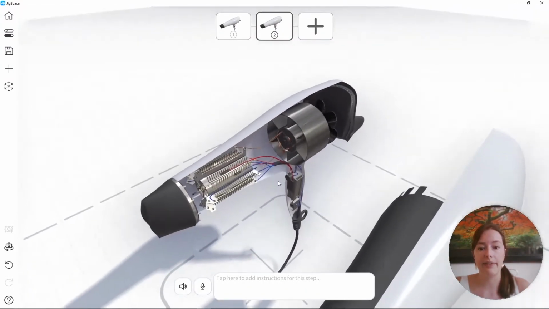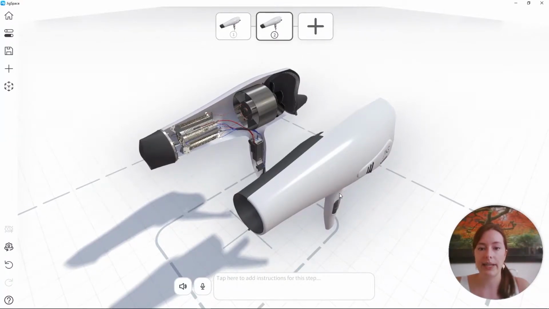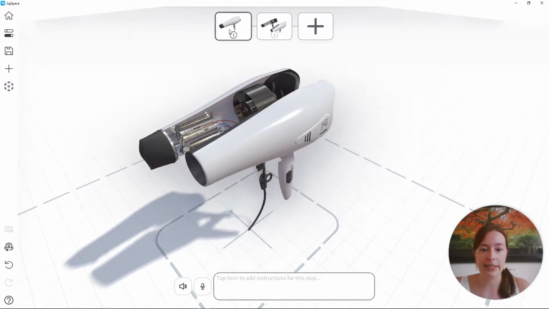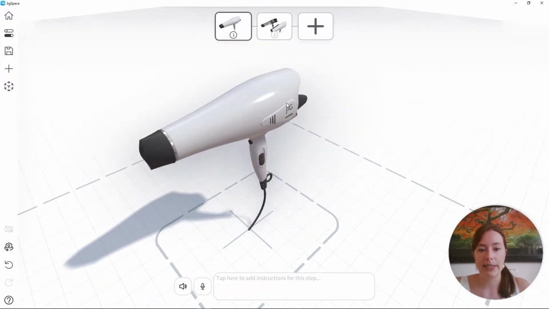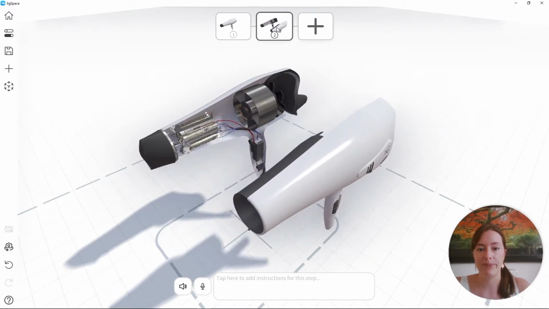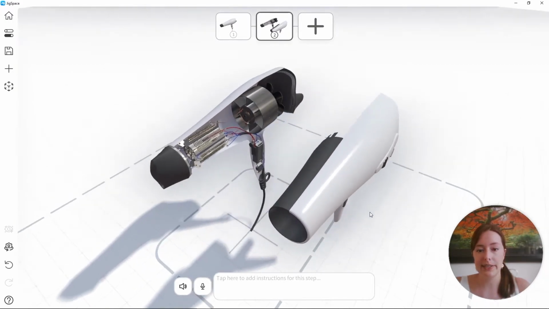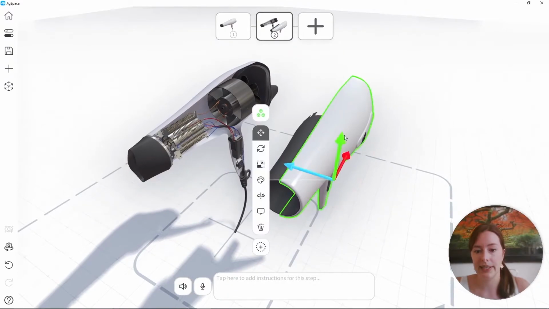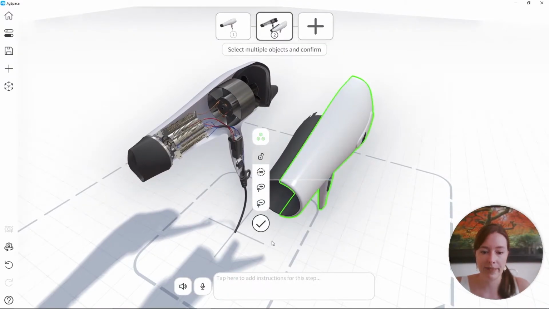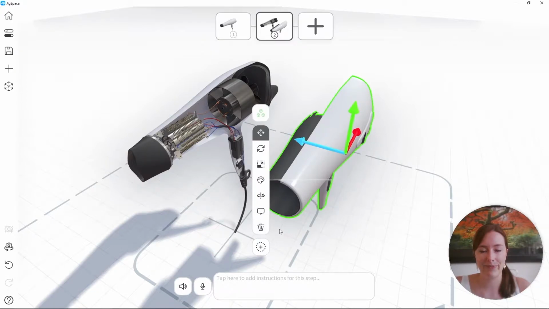Okay, now that we have our objects fully coloured and with their materials, the next thing I want to do is go back to step 1 and copy this position across to step 2. So in order to do this, on step 2, I'm going to use the multi-select menu and then I'll select the lasso select tool. I'm just drawing a loop around my objects to select everything and press the tick to confirm selection.